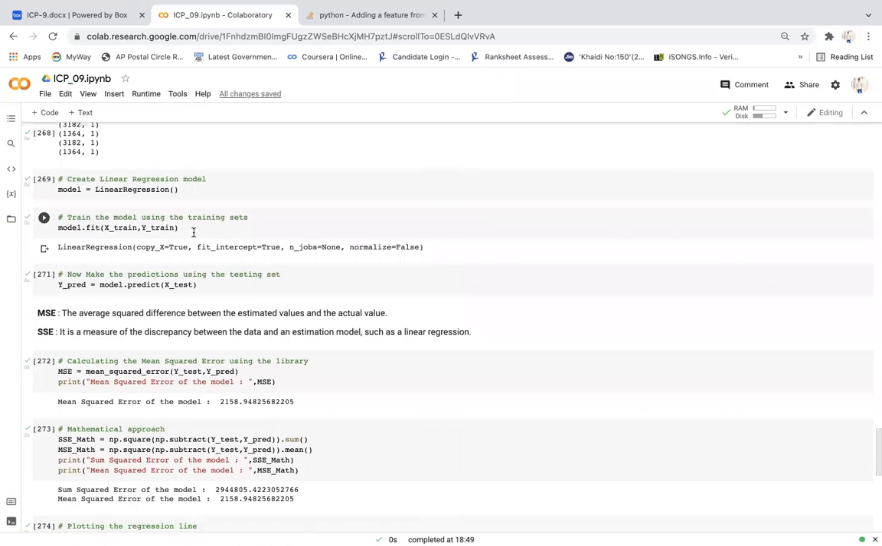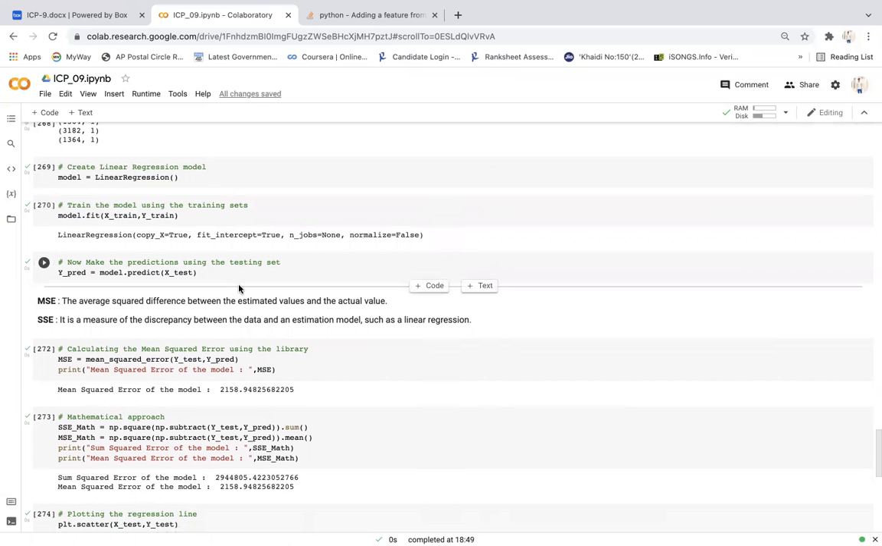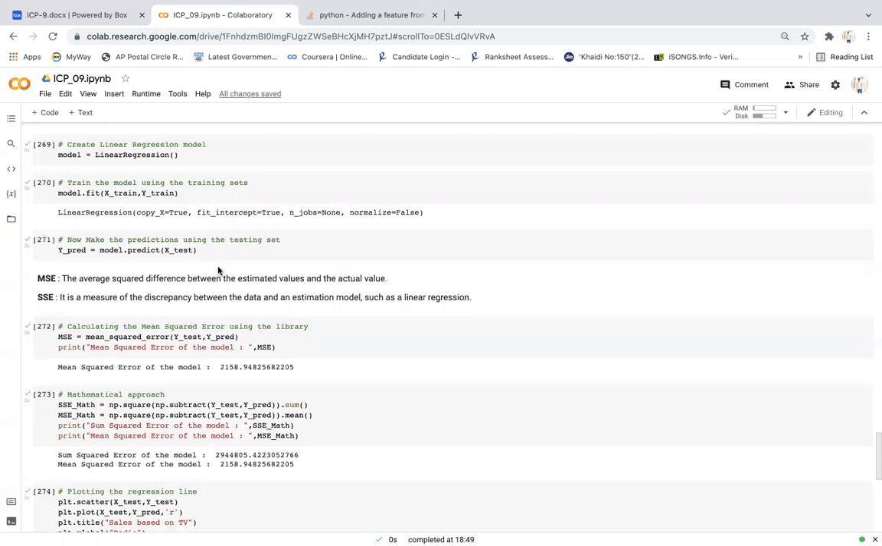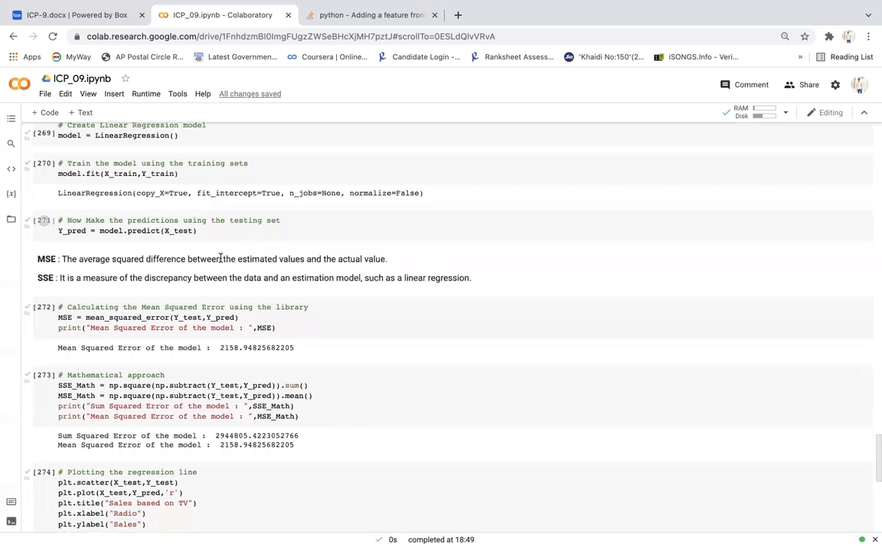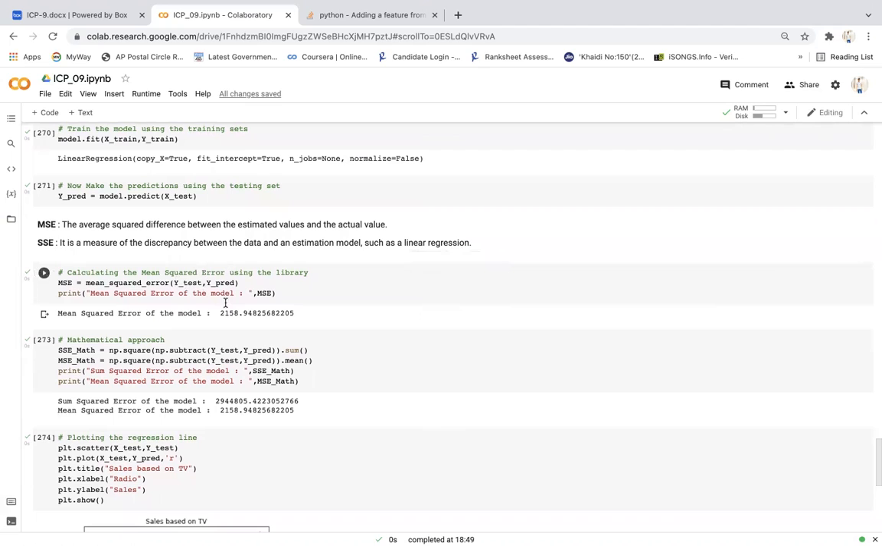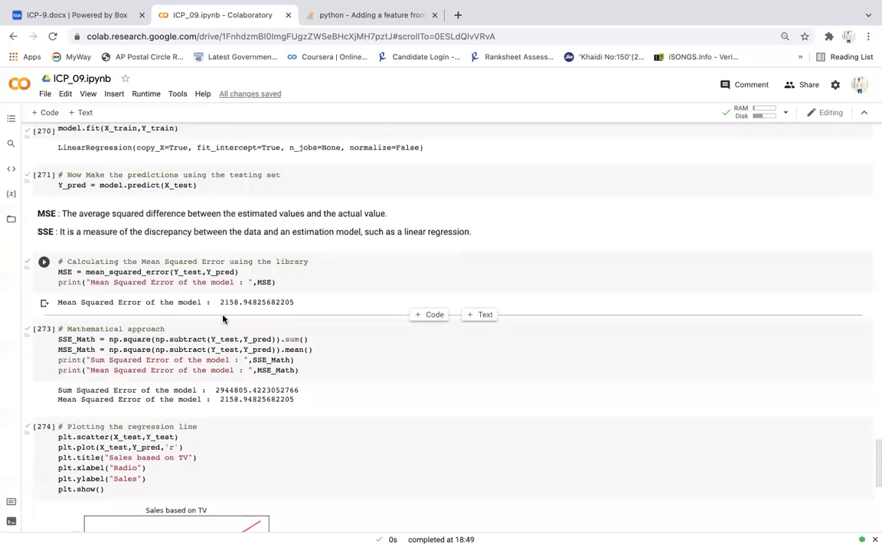Here you can see, after it is executed, now it's time to predict for the testing data. By using this function, I got my predicted value as y_pred. So finally I can find MSE and SSE. Here MSE is nothing but the squared difference between the observation points and the predicted points. So this is the actual function. Through the library we can find the mean squared error of y_test and y_pred. So I got the mean squared error as